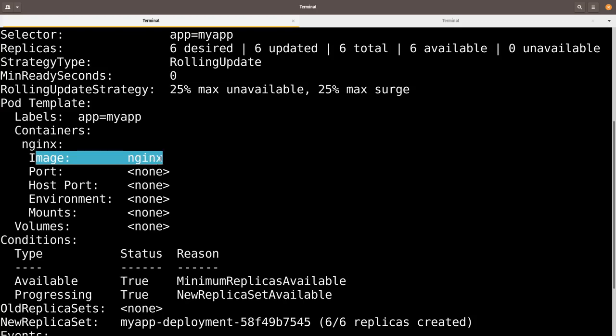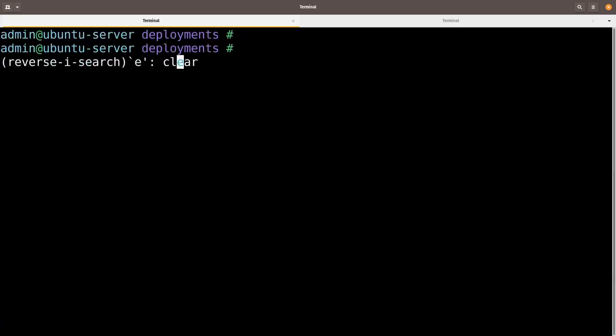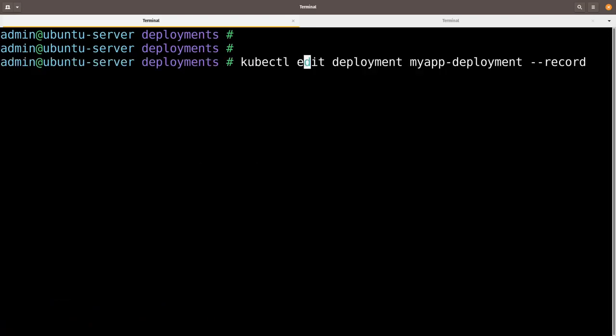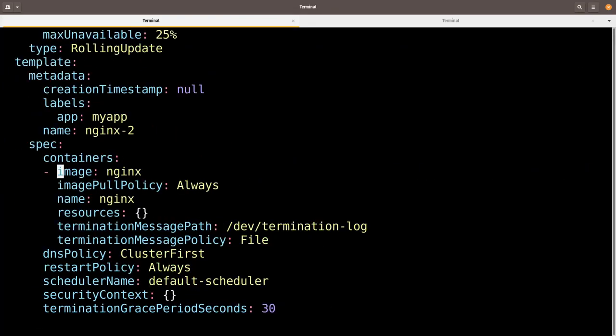So let's make a change to that, and for this I'll make use of the kubectl edit deployment command. And I'm also going to use the --record option so that the cause of change is tracked in the revision history. So what I'm going to do now is I'm going to look up image, and currently it is set to Nginx. So we will change this to a lower version. So this is using the latest version of Nginx currently,